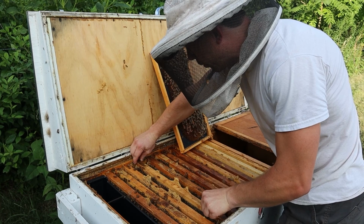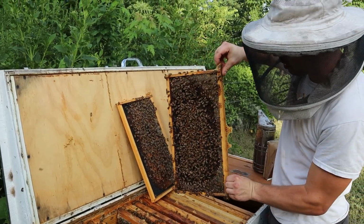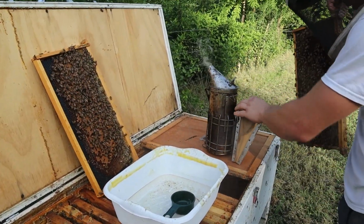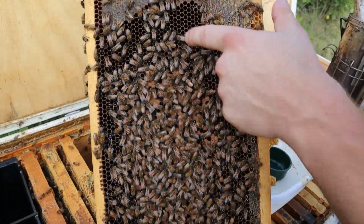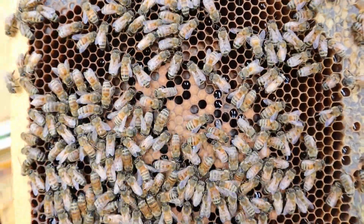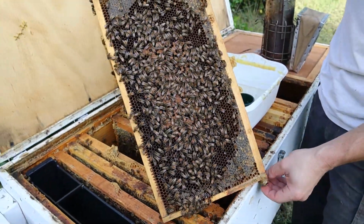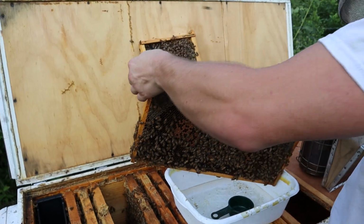I've already identified it as a good frame of larvae. And now I'm going to use this tub right here. And as you can see, there's all this uncapped brood up in here. It takes tons of visits to feed each one of those. And so those nurse bees are all over this frame, and they have the highest concentration of mites on them because they are the most nutritious. So we're just going to shake a good bit of them